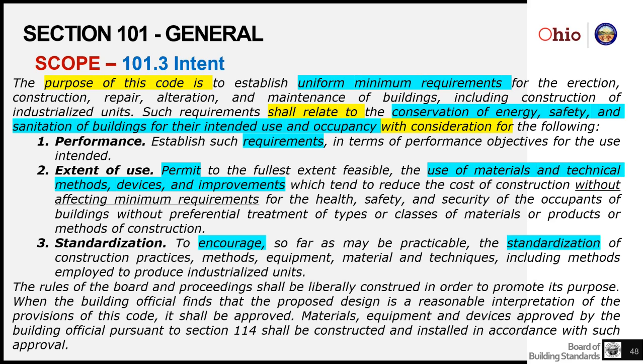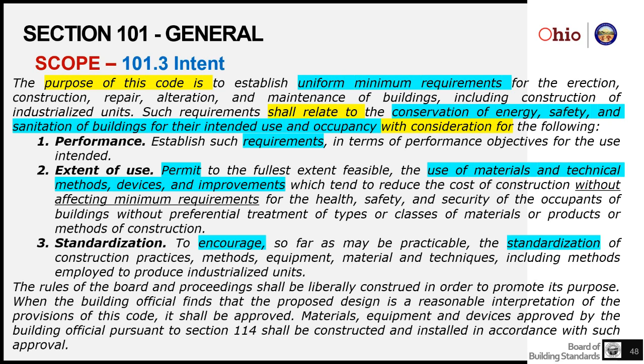Now, as we look at all of those rules that are generated to make uniform minimum requirements dealing with energy, safety, and sanitation, the board has been thinking about whether those requirements are applicable to the use intended. What's good for a hotel may not be good for a factory, may not be good for a prison or jail or correctional facility, may not be good for a theater. So they all have different risks. So we have to be thinking about what the intended use is, and whether those requirements are applicable.